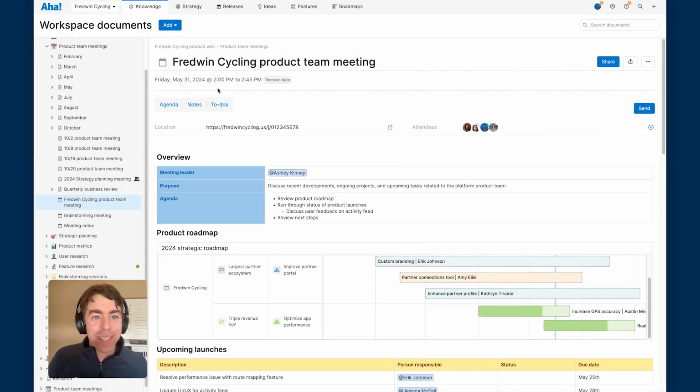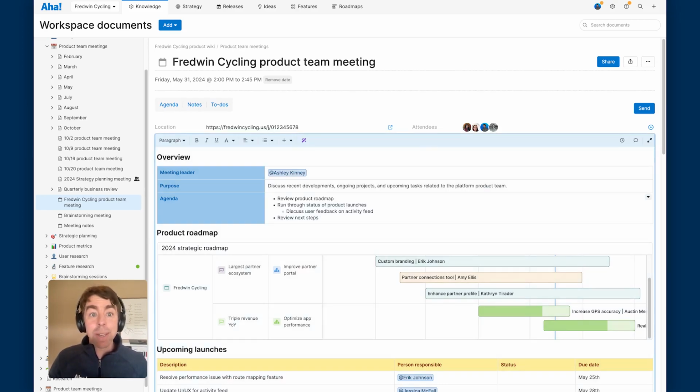Okay, let me tour you through this. Date and time right here. Location, this one happens to be virtual, and attendees, folks in my AHA account that I want to keep in the loop and hopefully see on the day. And then here's my overview, which I'd like to be structured and efficient, just like I want my meeting to be structured and efficient. It all starts with this document.